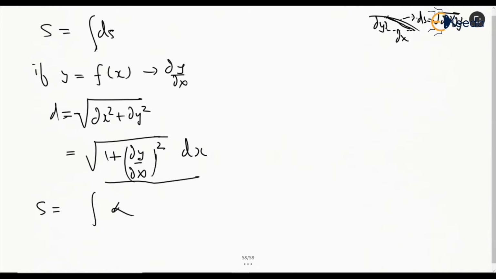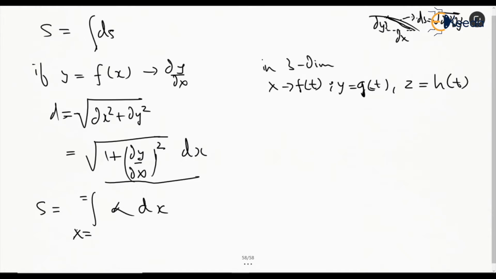Let's say we are not repeating it, so we can write integration of this for the limits of x, right? Now it will be easier. And what if, let's say we are in 3 dimension, and what if this x is a function of t, y is also a function of t, and z is also a function of t, then this ds, which is given as